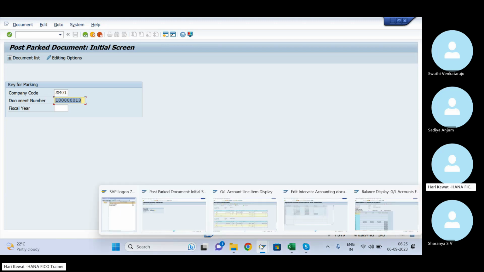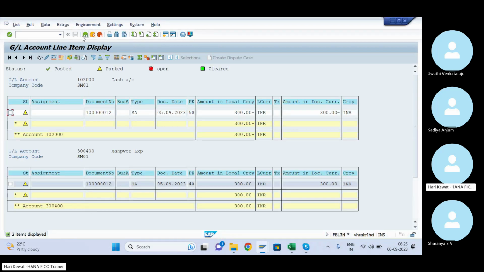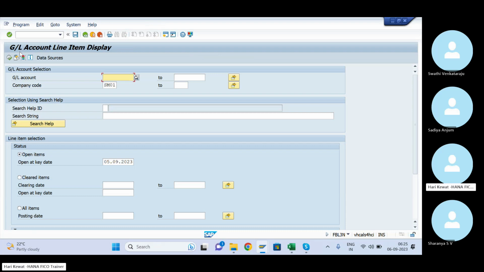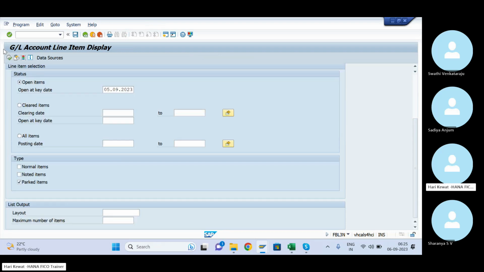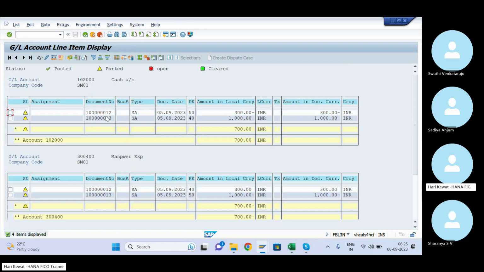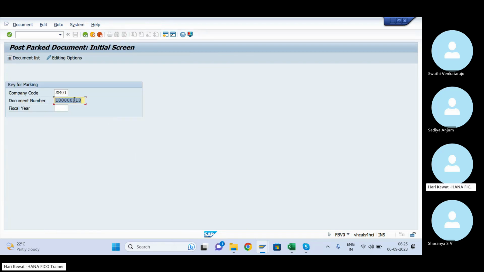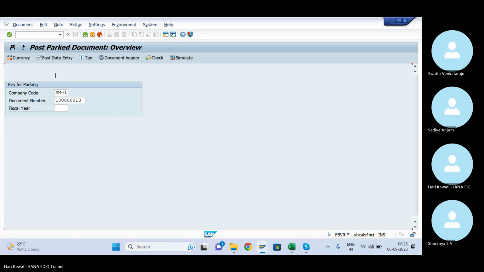You can see here the list of all parked documents. You just go here and give the date, select the parked option and run it. So right now you have two parked documents, 12 and 13. Select any one document if you want to post, then hit enter.